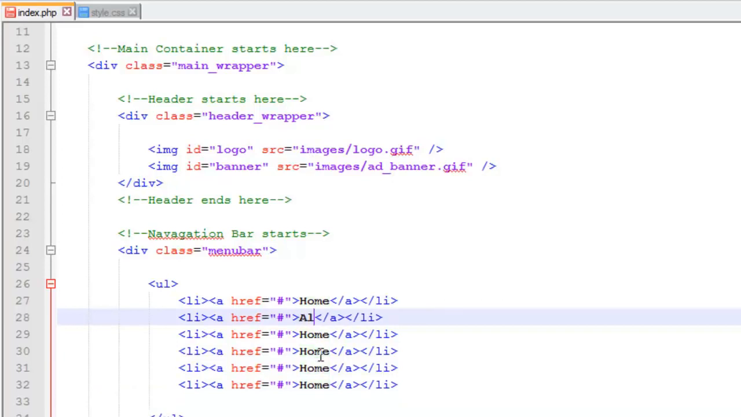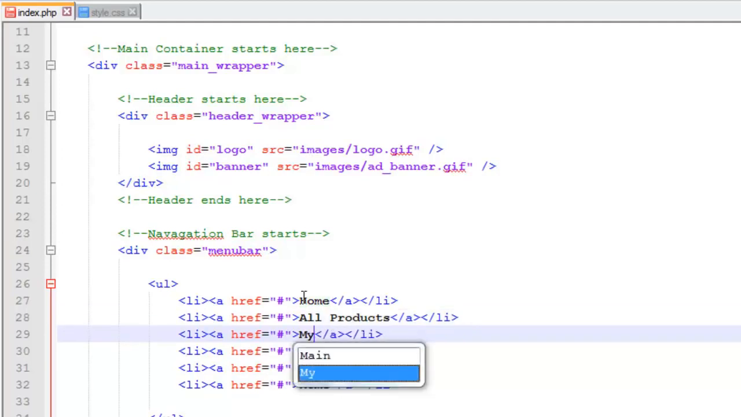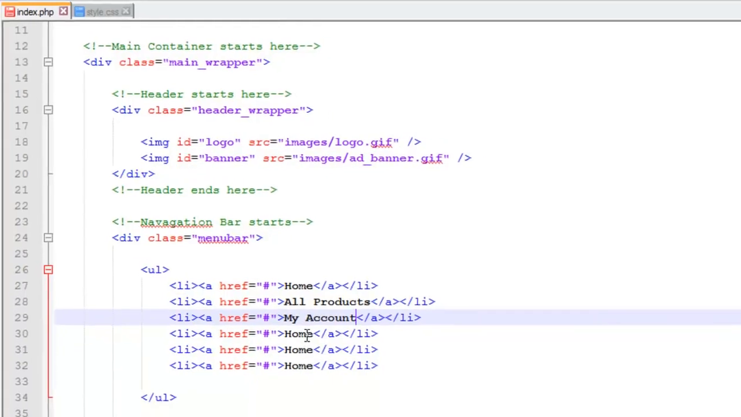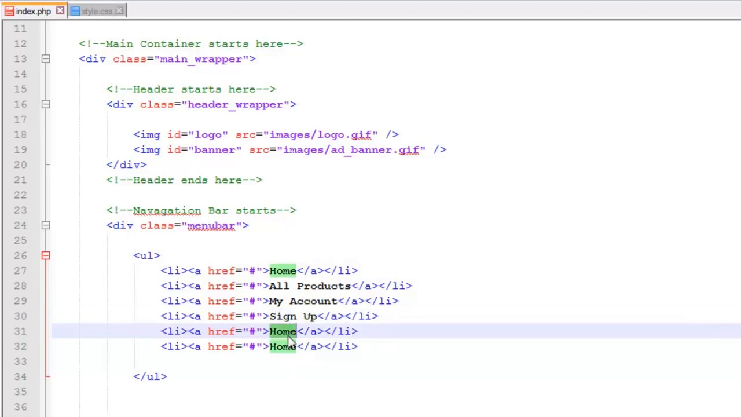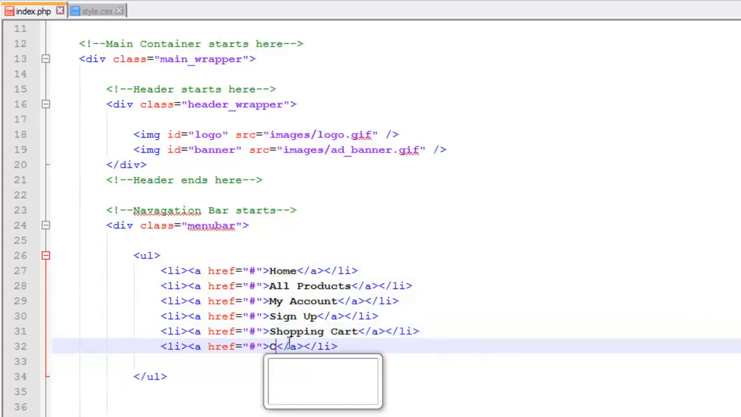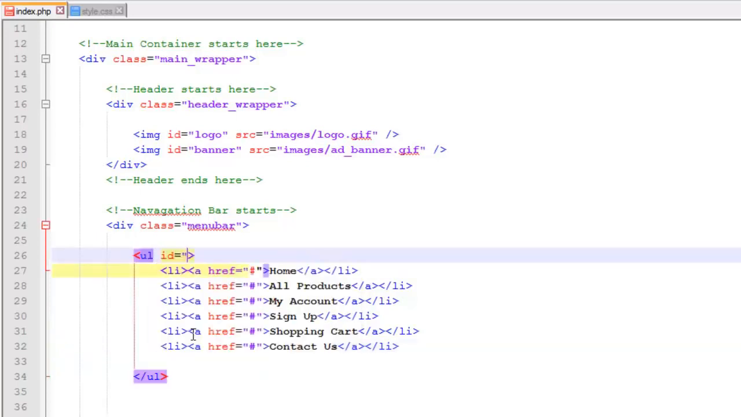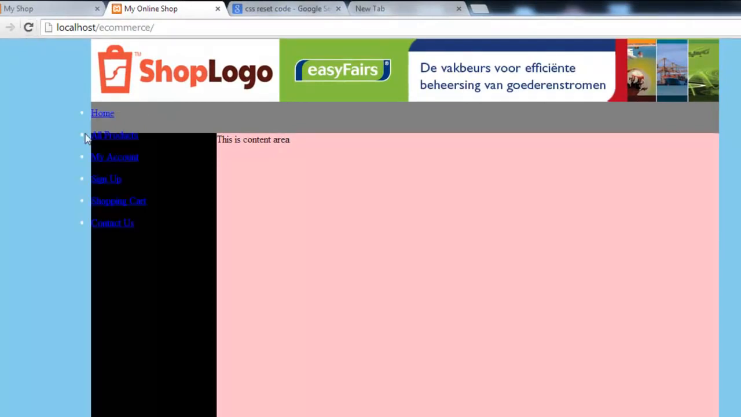We'll say all products, my account, for example sign up, shopping cart and contact us. These are the links we have added into the UL tag, and inside the UL tag we will add that ID called menu. Now simply save all, come to the browser, refresh it, and you see these are the links basically coming,